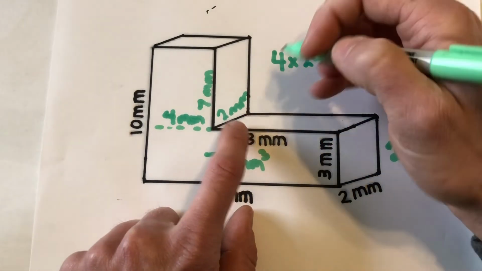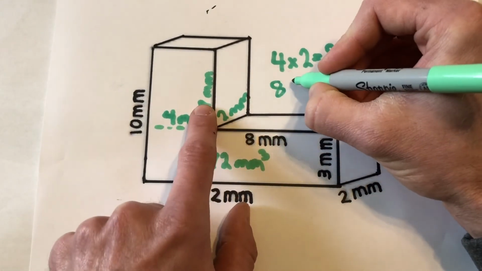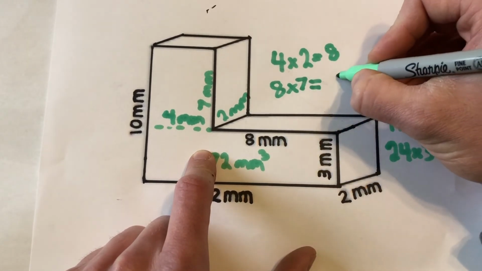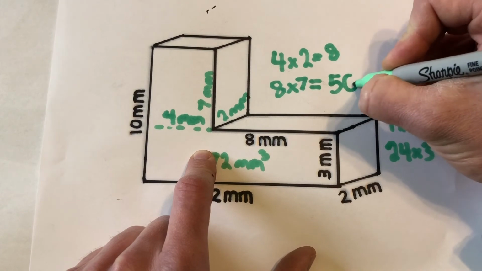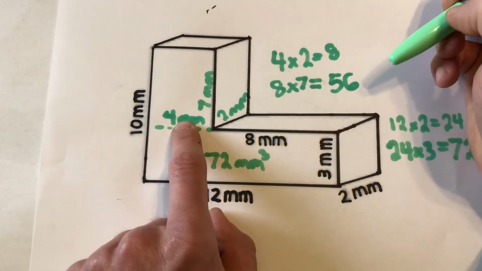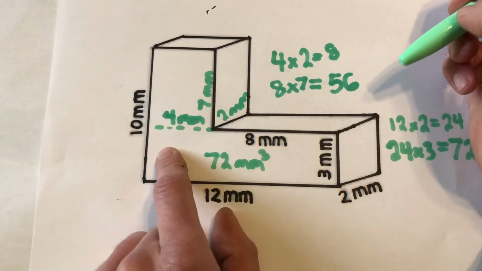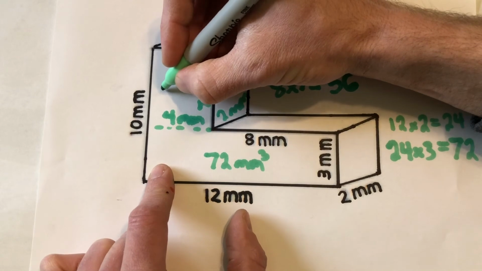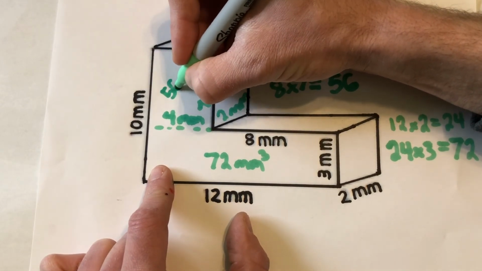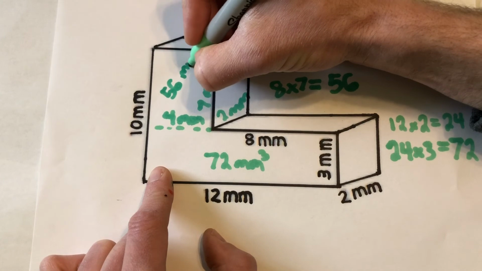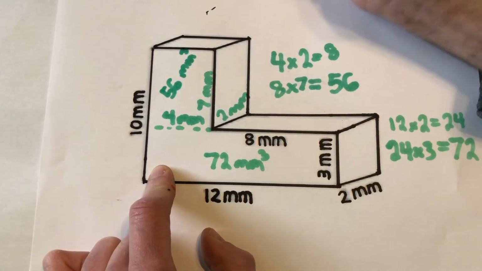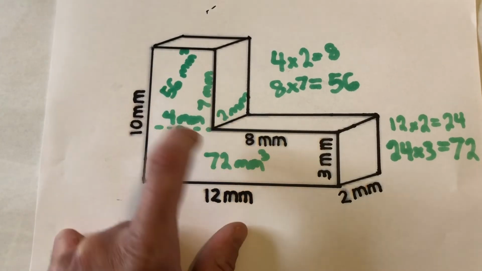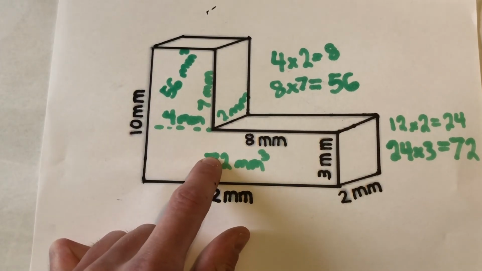Then we'll do that 8 times this 7, which equals 56. So I did this number times this number times this number, which equals the volume of this shape, which is 56 millimeters cubed. So now that I have 56 millimeters cubed for this shape and 72 millimeters cubed for this shape,